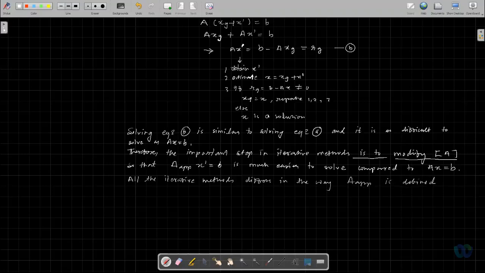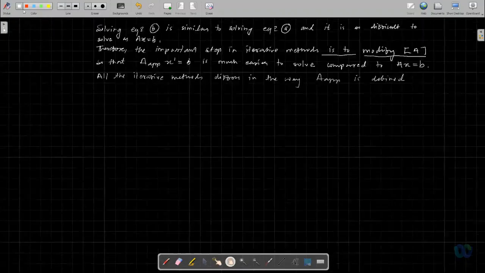So for example, if you go for the Gauss-Jordan method,